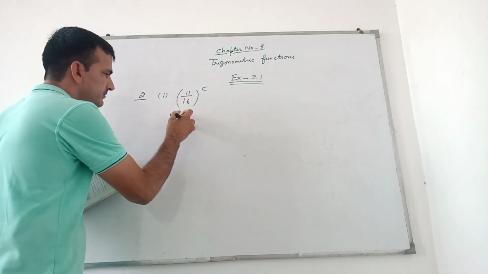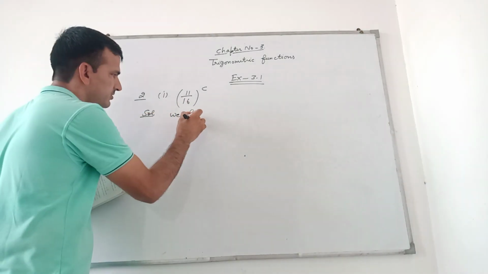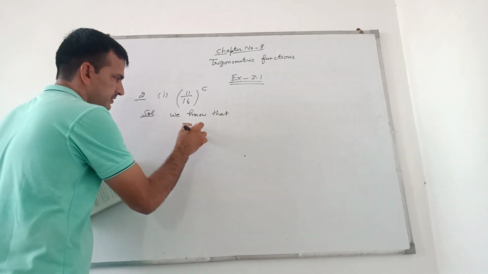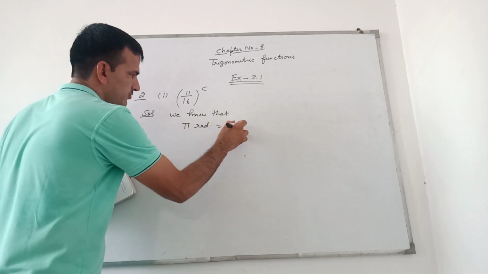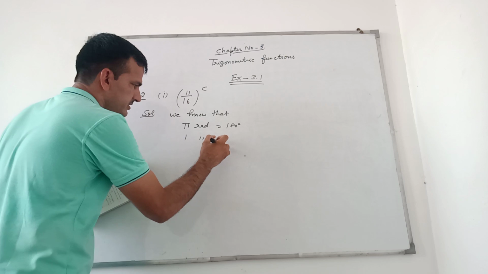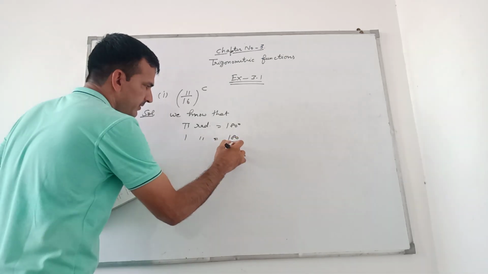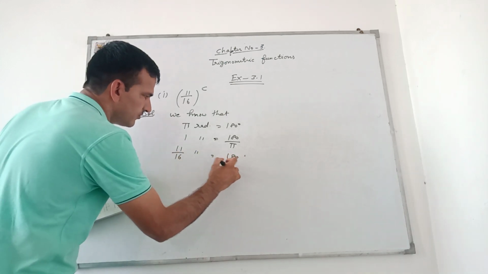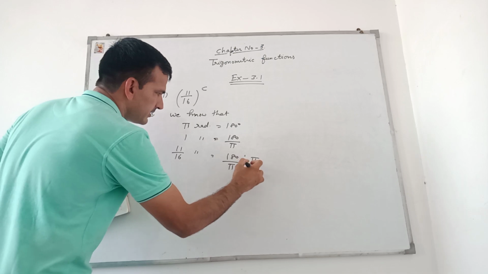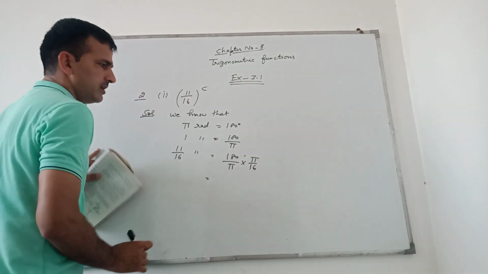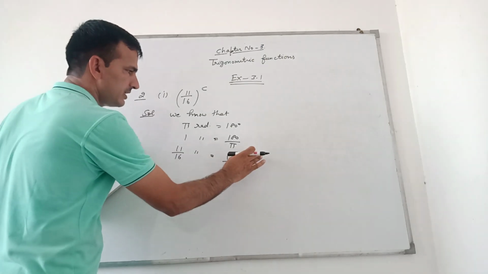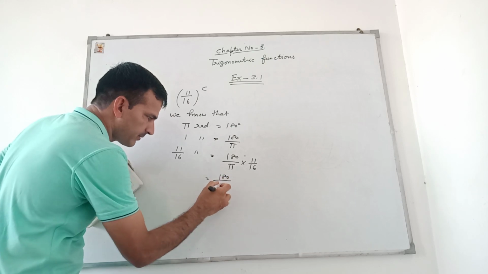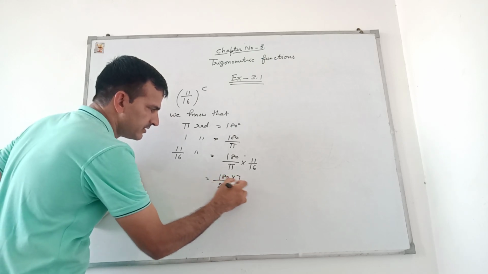We know that, solution, we know that pi radian is equal to 180 degree. 1 radian is equal to 180 by pi, and 11 by 16 radian is equal to 180 by pi multiply 11 by 16. 180 by pi into 11 by 16. Now put the value of pi. Pi is 22 by 7 into 11